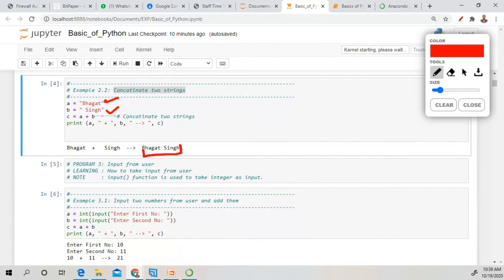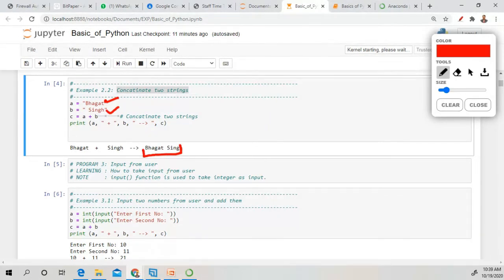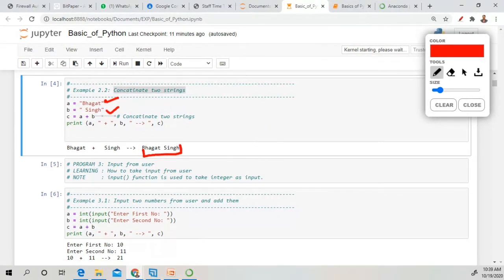Have you understood? I am going very slow because these are the basic things. You have to know what is a variable, what are data types, what are operators and how these are used in the program.